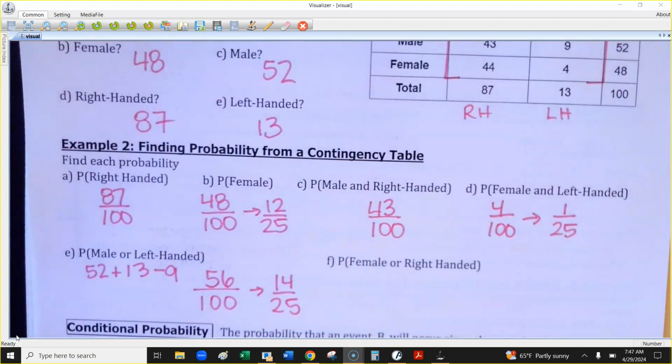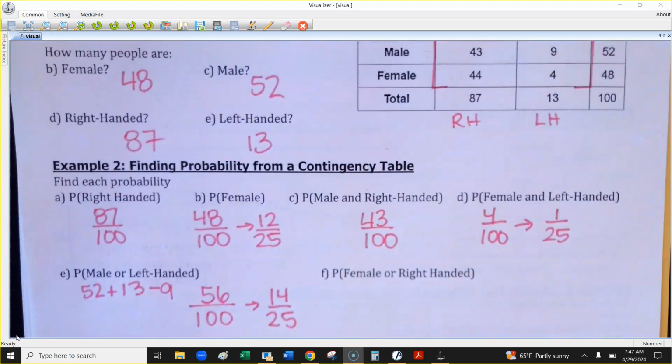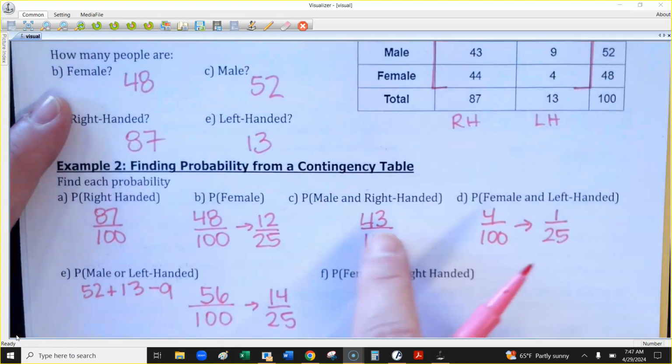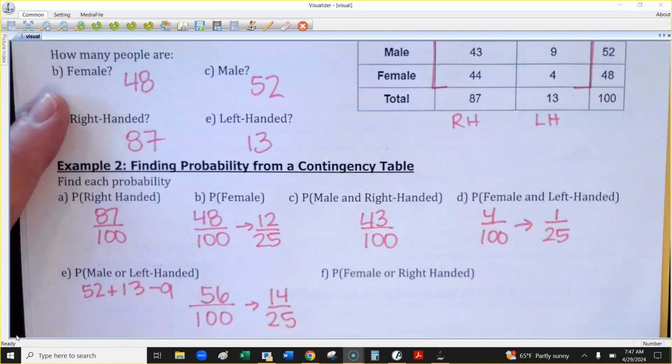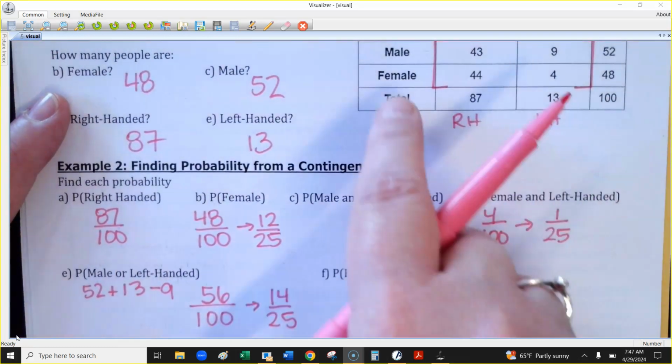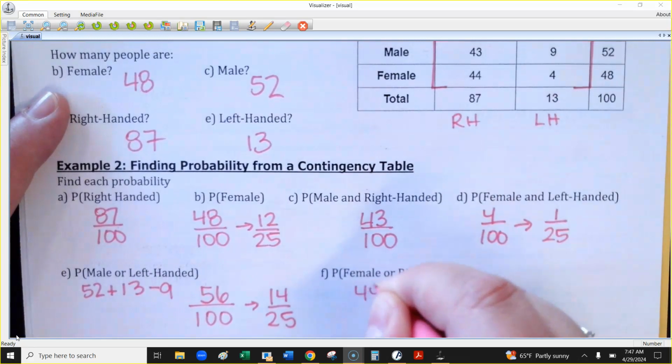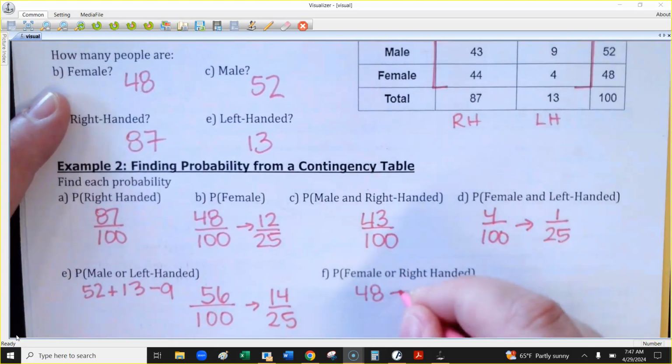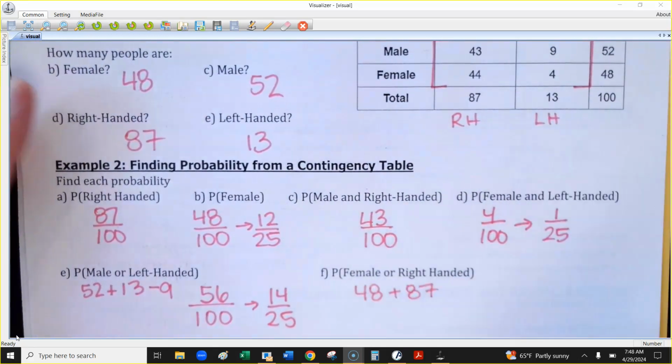Okay, so female or right-handed. So you can't just grab this from the table in terms of just a number over 100 like you can do with an and statement to just find the intersection. So female, you got 48. Right-handed, you got 87. And then